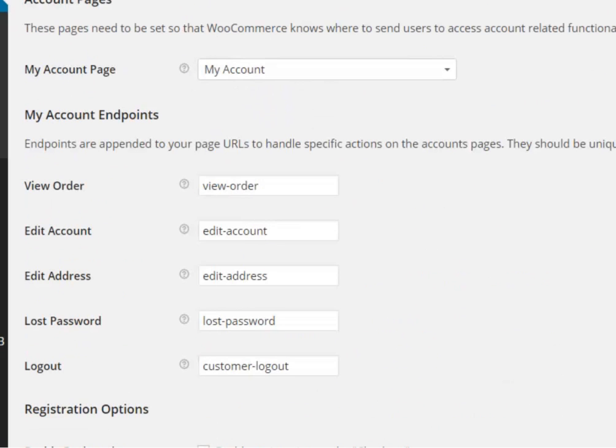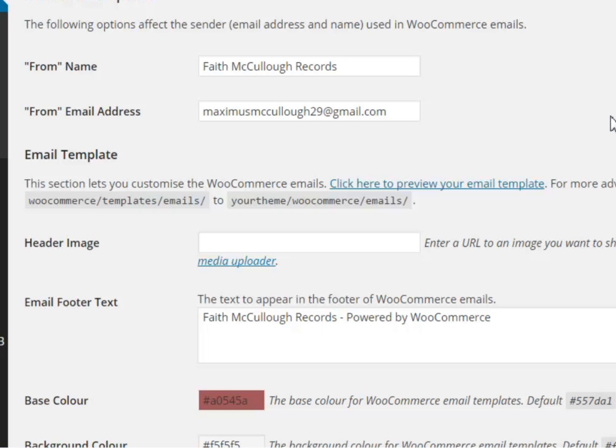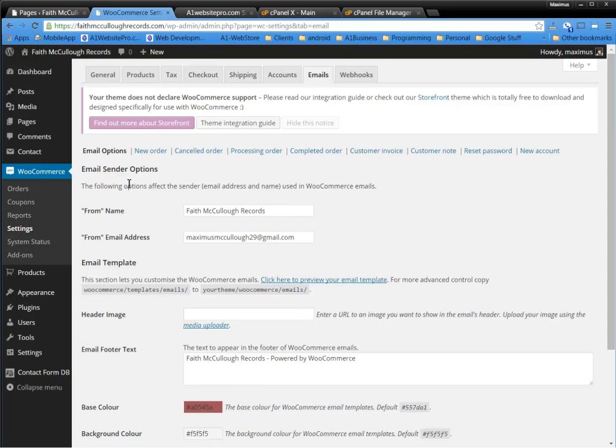Let's go to emails. All right, so we have several different options for emails, okay? So let's go ahead and go over these. Now the following options will affect the sender email address. Now here's the idea, like if you're using a Gmail or Hotmail or Yahoo, a lot of times whenever they get something in their email and it's not from you at Faith McCullough Records, so we could put something like,